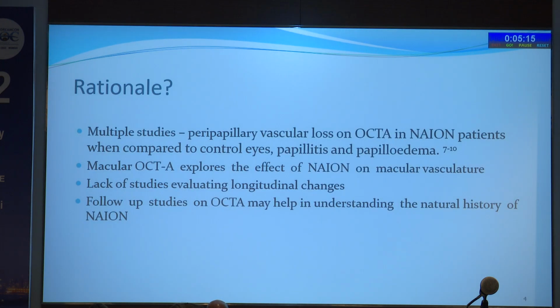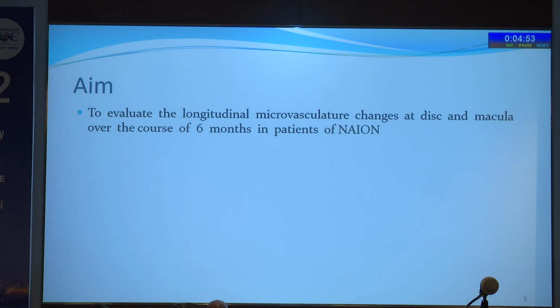Multiple studies have shown peripapillary vascular loss on OCTA in NAION patients when compared to controls, papillitis and papilledema. It may be interesting to explore the role of NAION on the microvascular structure at the level of the macula. Also, to understand the natural history of NAION, the longitudinal changes have to be evaluated. So the aim of this particular study was to evaluate the longitudinal microvascular changes at the disc and macula over a